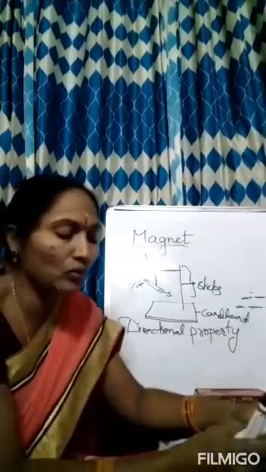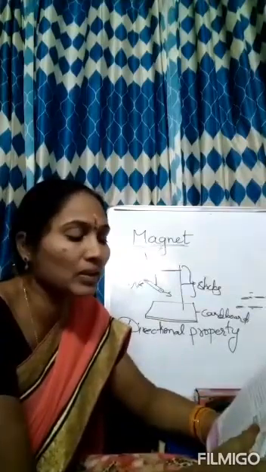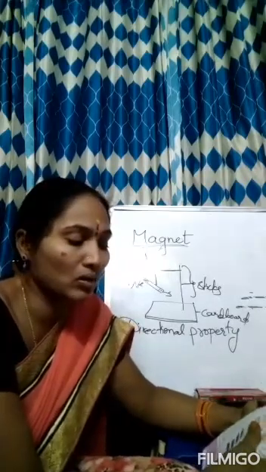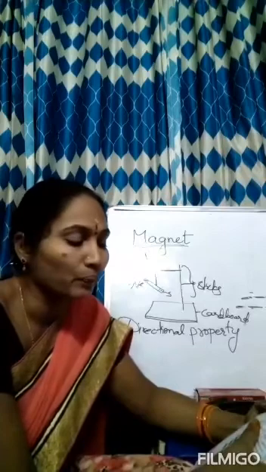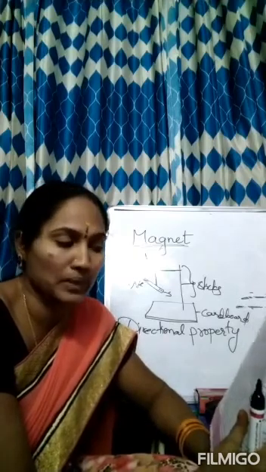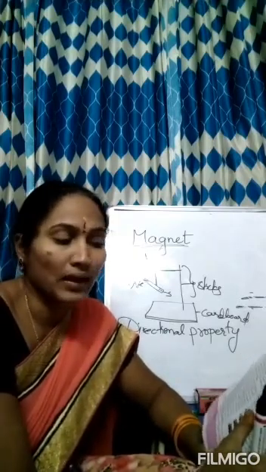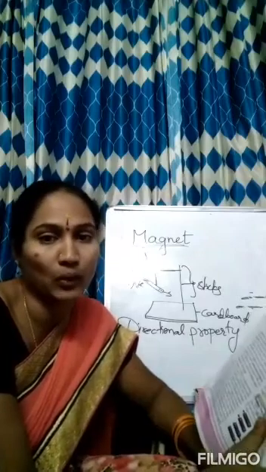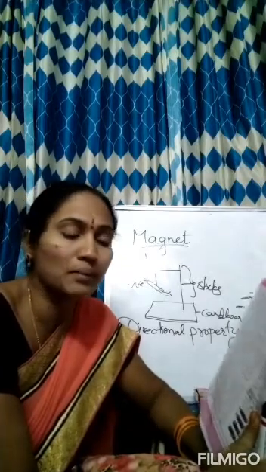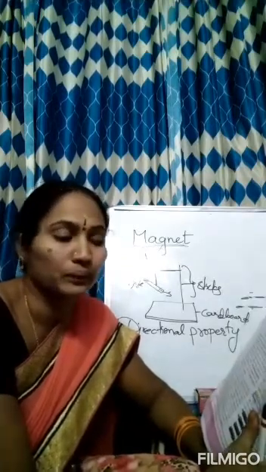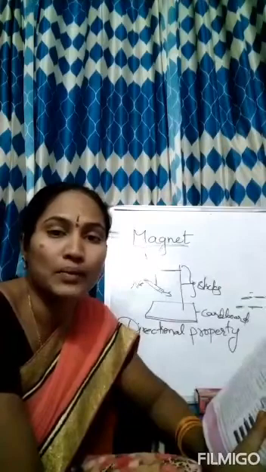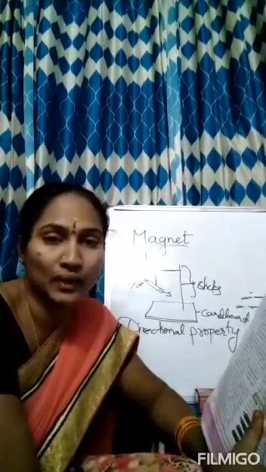A compass is used to find directions. It is mostly used in ships and aeroplanes. Mountaineers and army people also carry a compass with them so that they do not lose their way in an unknown place. So, the uses of the magnetic compass: to know the direction, and it is mostly used in ships and aeroplanes. There is no particular roadway in the sea. So, the magnetic compass shows them the route. In the same way, in aeroplanes also, the magnetic compass helps them to find the correct way.